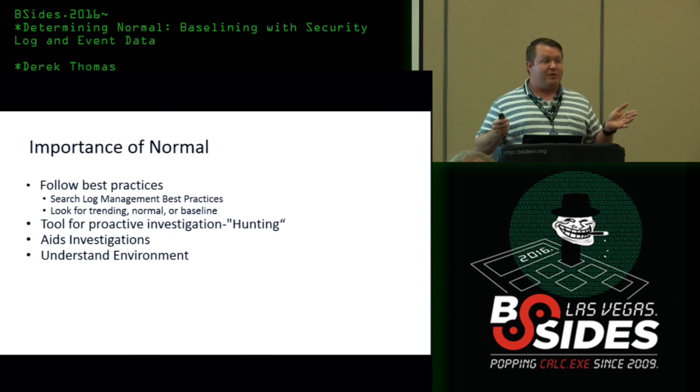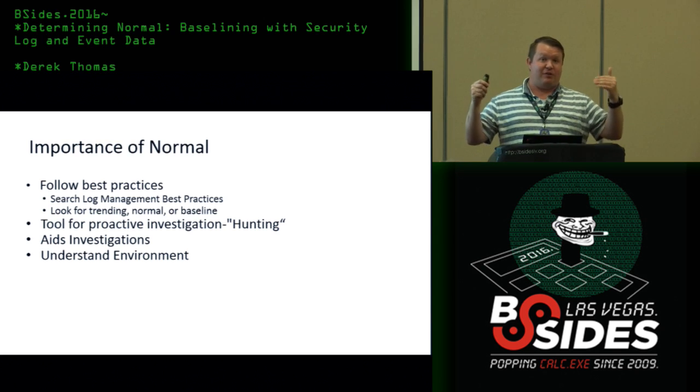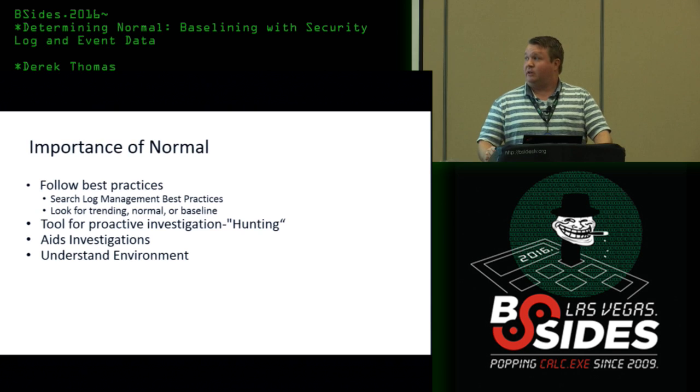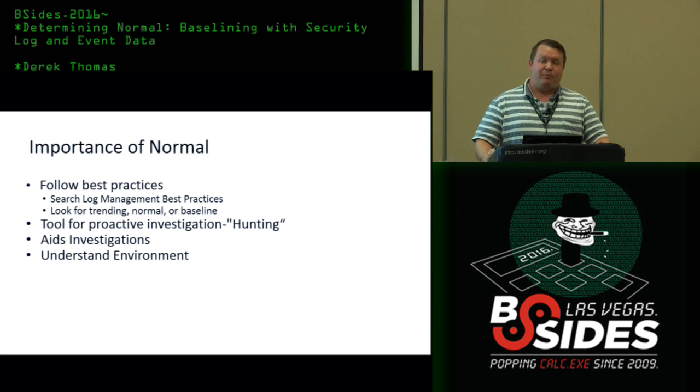It aids in investigation. From time to time I've been asked, Derek, I just looked at this report. There's 1,700 authentication failures. Please investigate that. Well, the first thing I do is ask, is that normal? Every single day there could be 1,700 authentication failures, and yet the users are unaware. So this is a tool that lets you say, well, yeah, this happens every day. On average, it happens this many times, and it will increase or decrease by X amount based on the deviations. It can also help you understand your environment. If you get into a new environment, you could apply these techniques to see what's going on.